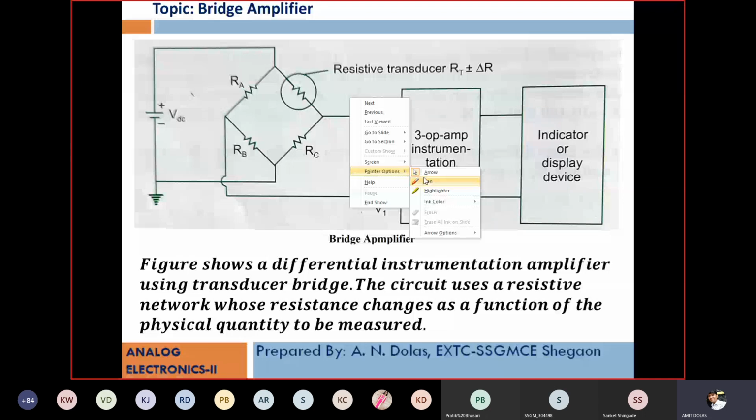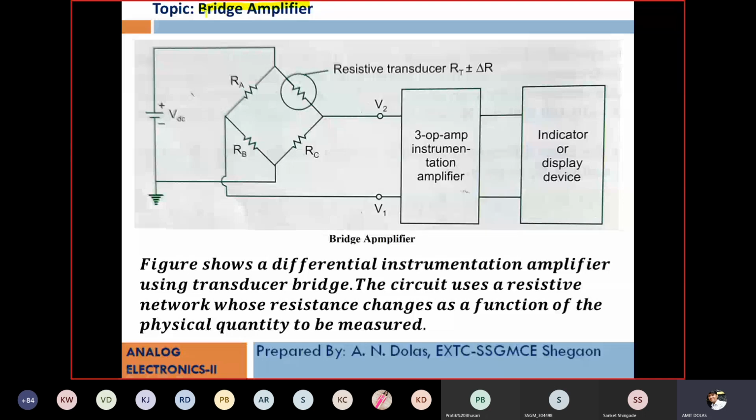Now, the next topic is the bridge amplifier. We use an instrumentation amplifier wherever we want to measure a physical quantity like temperature, pressure, light intensity, water flow, likewise. These quantities are read by some transducer. There might be a passive transducer like an RTD or LDR, likewise. There might be an active transducer like a thermocouple. If you place a thermocouple into a certain temperature, it directly provides you a voltage in millivolts at the output terminal of the thermocouple.